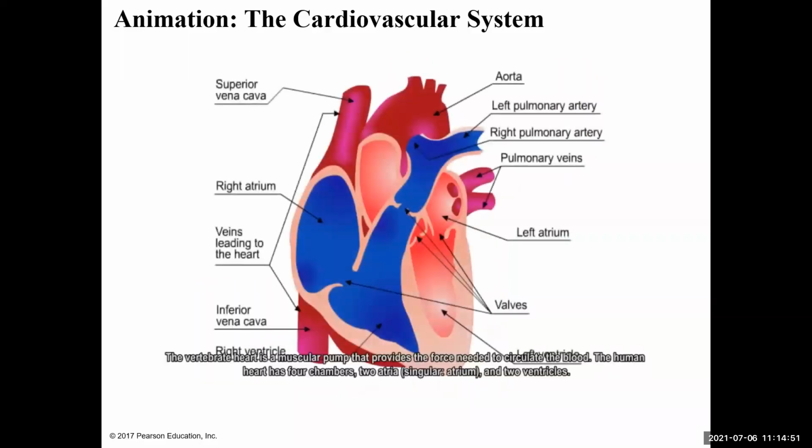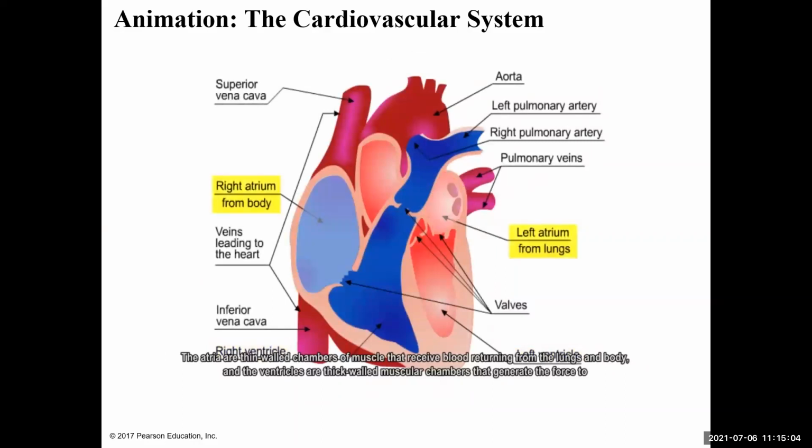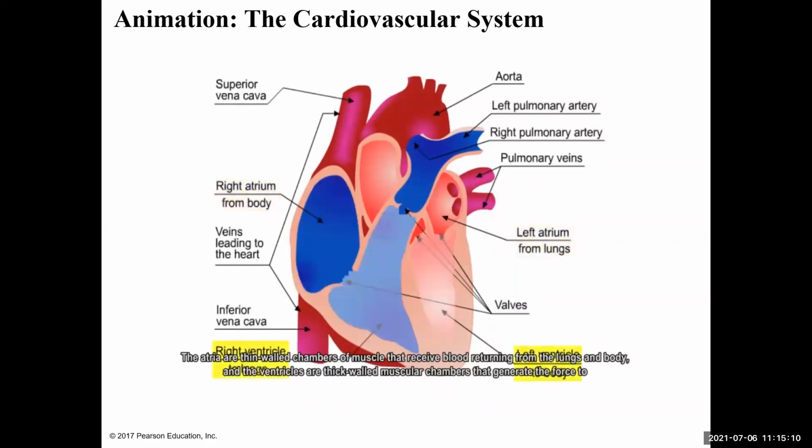The vertebrate heart is a muscular pump that provides the force needed to circulate the blood. The human heart has four chambers, two atria, singular atrium, and two ventricles. The atria are thin-walled chambers of muscle that receive blood returning from the lungs and body, and the ventricles are thick-walled muscular chambers that generate the force to pump blood to the lungs and the rest of the tissues of